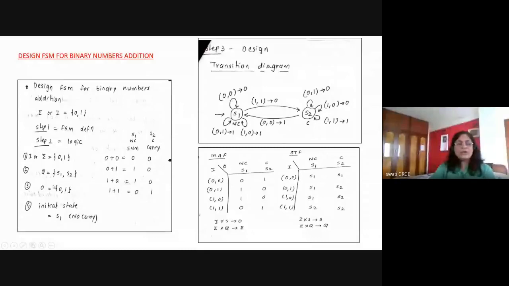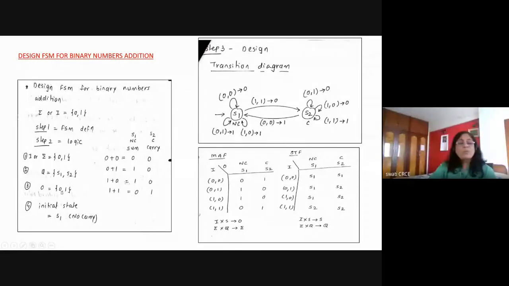Right now, my first step is to write the definition. Then I have to identify capital I. Capital I is a set of input symbols, so the symbols are 0 and 1. My input is made up of combinations of zeros and ones. And right now I'm saying that my output is either 0 or 1, or a combination of zeros and ones.